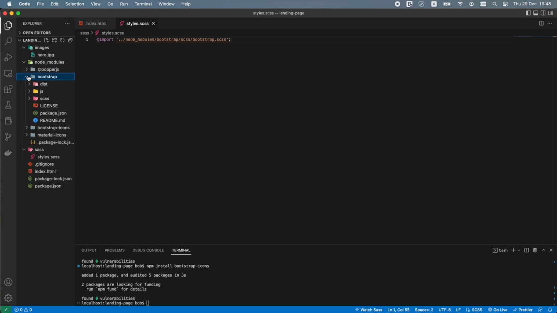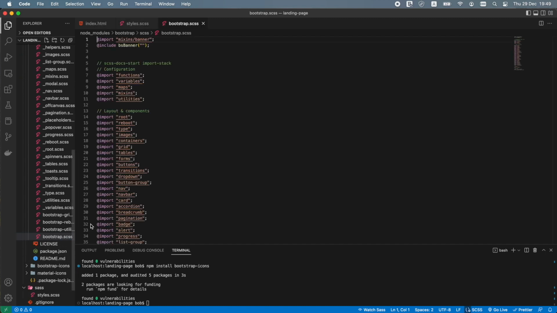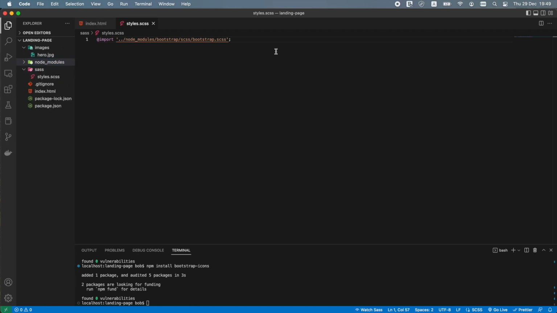The bootstrap.scss file combines all of the other Bootstrap Sass files together. Therefore, we import them all just by importing this one file. Let's also import Bootstrap icons. In the styles.scss file, type